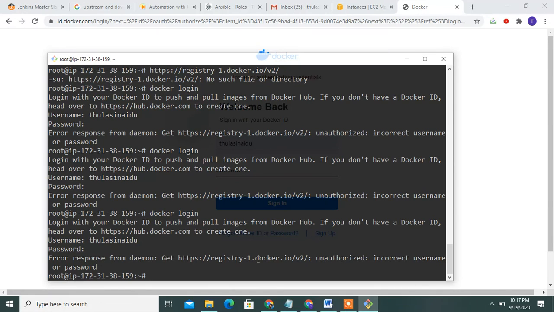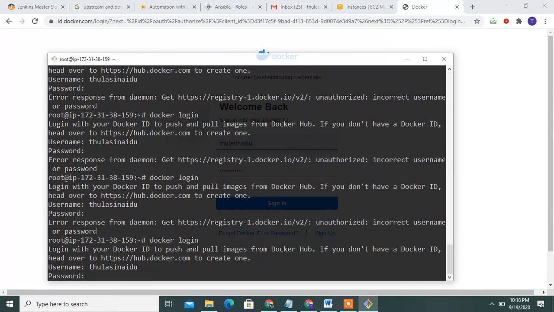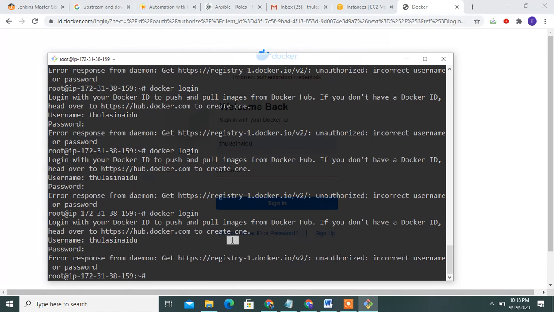First of all, I will show the pattern also. First, log in with the docker login command. Enter the user ID, which means the Docker user ID, and the password.